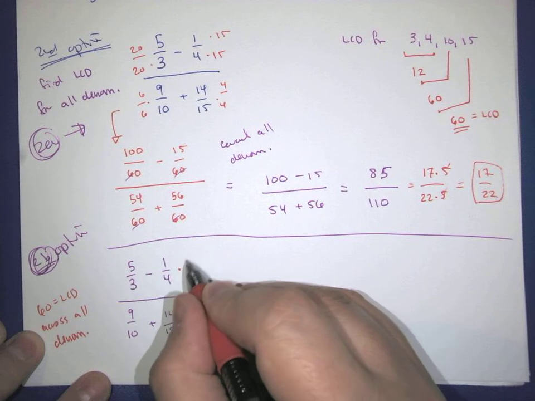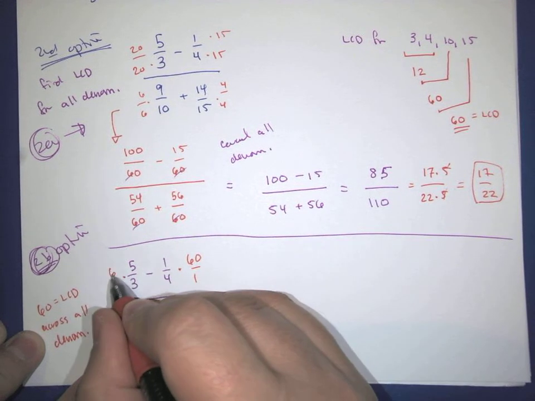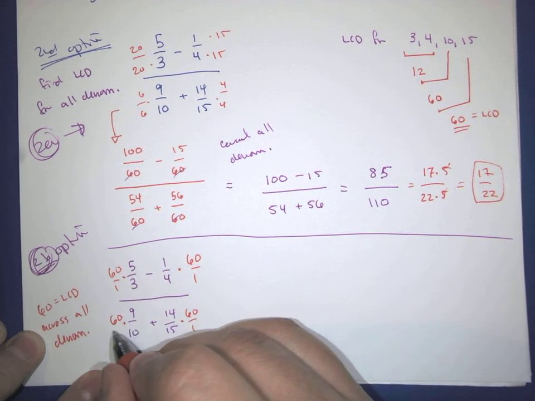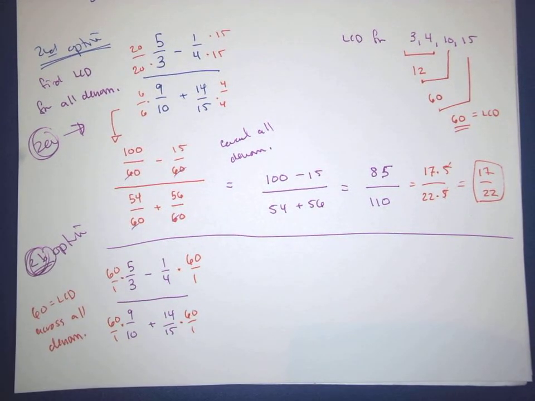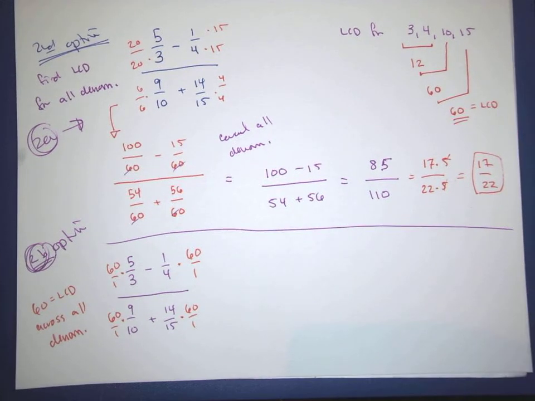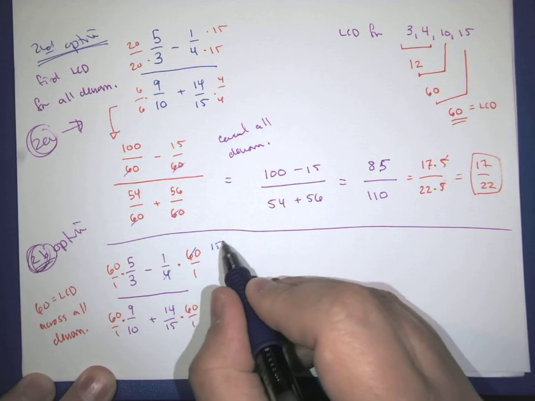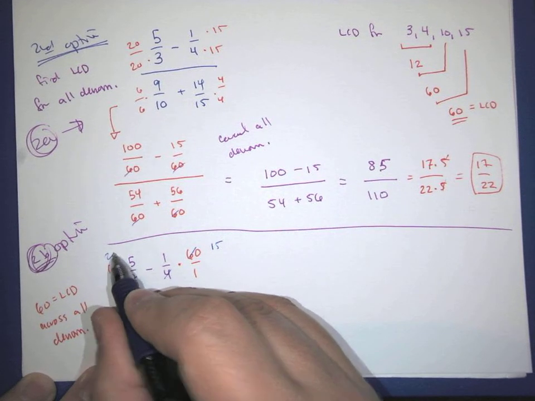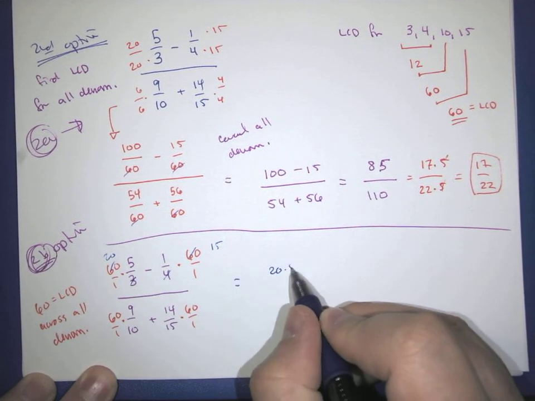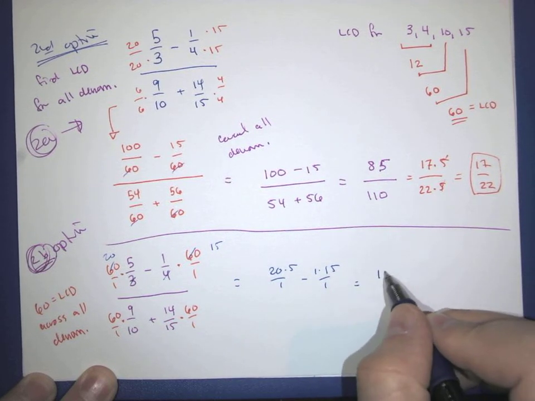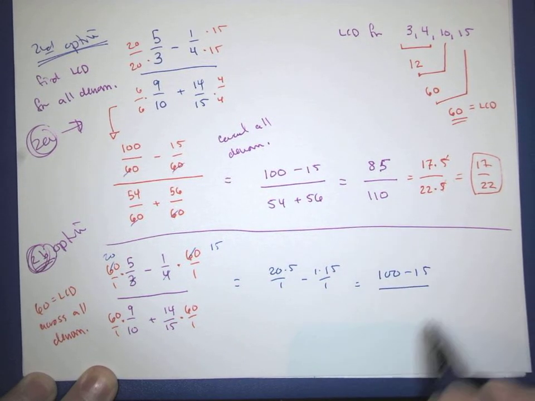And so rather than rewrite everything over 60, the other option here, and this is sort of how the book explains it, is that you can actually multiply everything by 60 over 1. All this is going to do, this is a little bit more of a proper math way to kind of get us to the same result that we just had. So for example, right, 4 and 60, this is going to leave us with 15, 3 and 60, this is going to be 20. So we're going to get 20 times 5 over 1, right, minus 1 times 15 over 1. That's going to be our 100 minus 15, just like we had before,